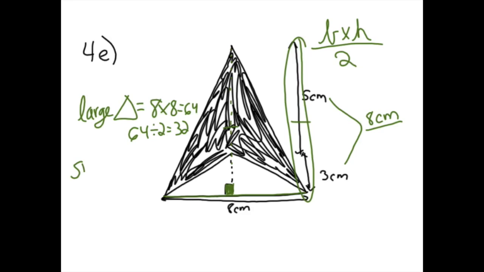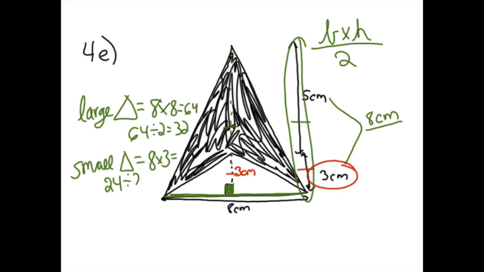Now we want to find the small triangle. The small triangle, the base is again going to be 8. See how it is the same there? Except the height this time is just going to be 3 centimeters. And we know it's 3 centimeters because we're told over here. And if this line is 3 centimeters and it's a straight line up and down, then a line parallel to it of the same length must also be 3 centimeters. So now we're going to do 8 times 3, which equals 24, and then 24 divided by 2, which equals